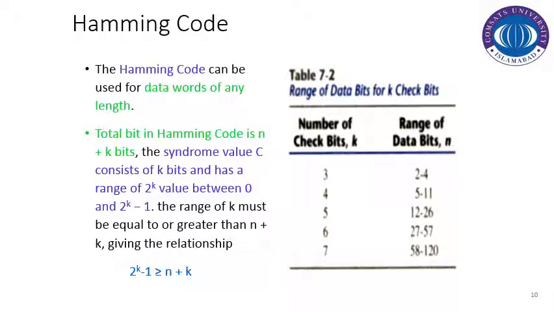Now let us conclude our discussion with some facts for the Hamming code. The Hamming code can be used for data words of any length, and for any length, the number of bits that are required for the checker bits or the parity bits depends upon the bit placement, so that it satisfies 2 raised to power n notation. So the total bits in a Hamming code is n plus k bits, which we have already discussed,